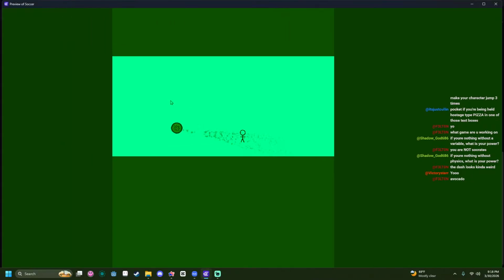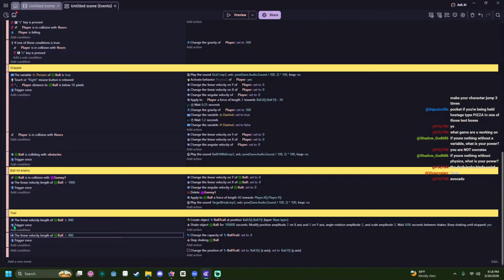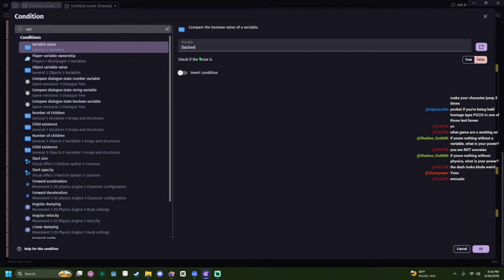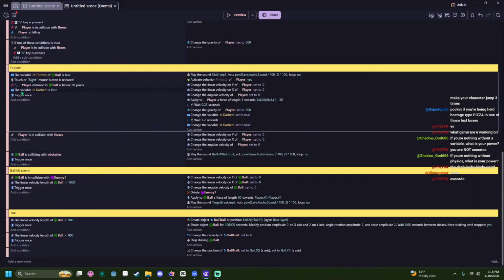Why can we do that so much? We shouldn't be able to. Oh, I never even made a limit. Variable dashed is false.